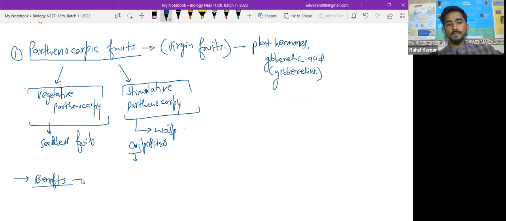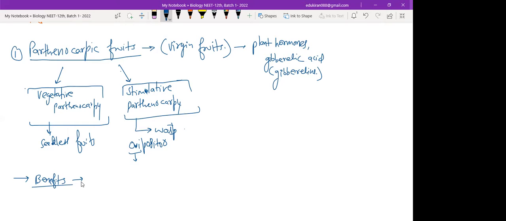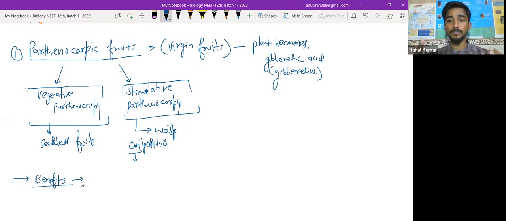So again, what we have discussed till now, just write down. The fruits are more nutritious. Can someone tell me why more nutritious? Because now all the focus and all the energy is on ripening of the fruit, not on development of the seed or ovules or anything else, right? And with the help of plant growth hormones, we can make it more pulpy and bigger, so it has more nutrition also. Write down, fruits are more nutritious,